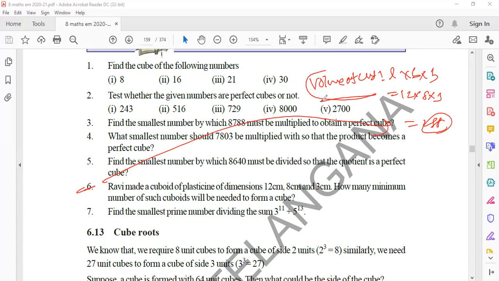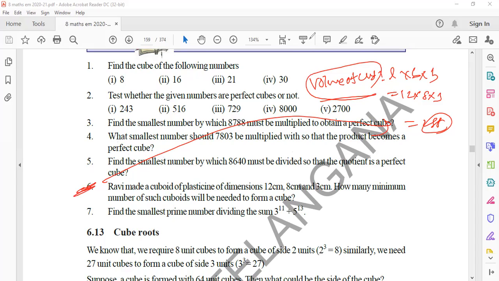The volume formula is L into B into H. If you have a doubt about the volume, in the YouTube lectures of 8th class, in the playlist, I mentioned the basic concepts of squares, rectangle, rhombus, parallelogram, volume of cube, sphere, area, surface area, volume, all of this. Please watch the video if you have a doubt about the formulas. So the sixth question is finished.